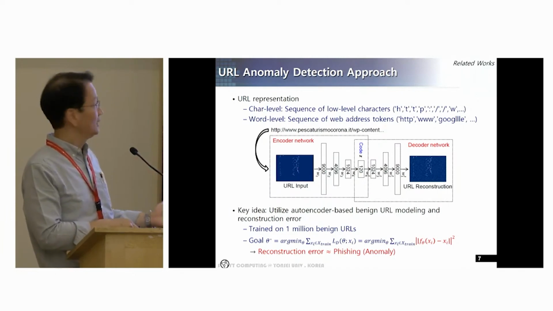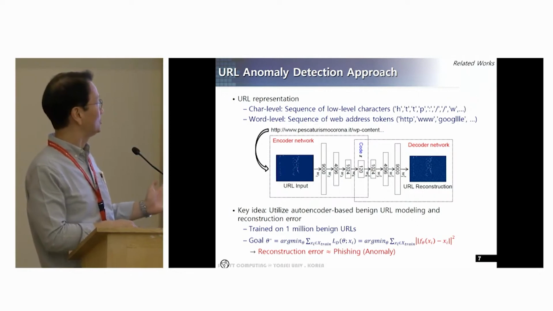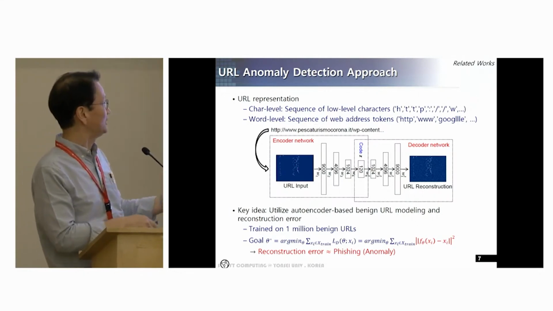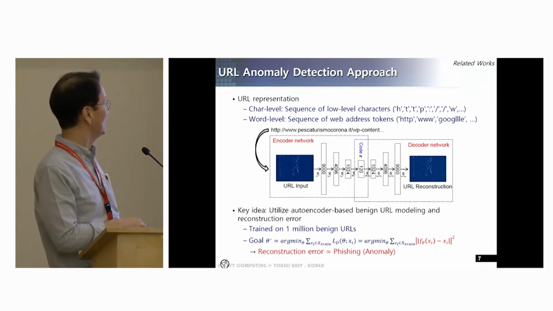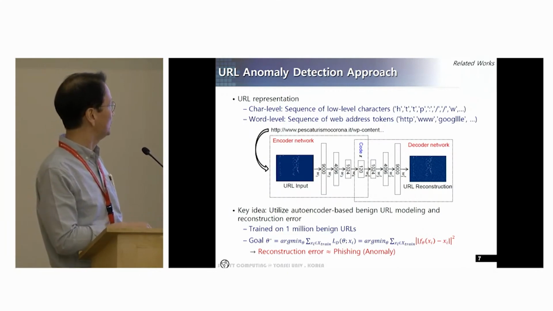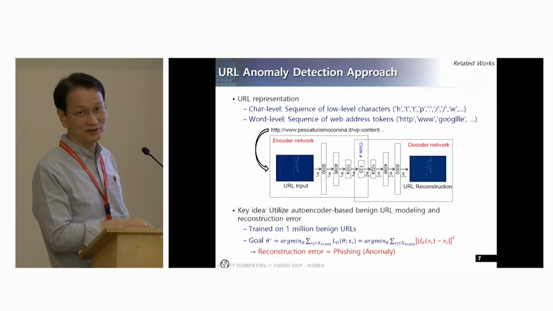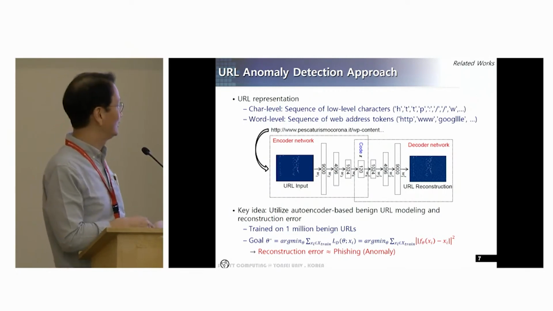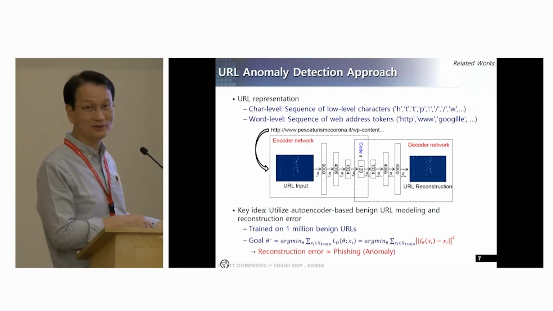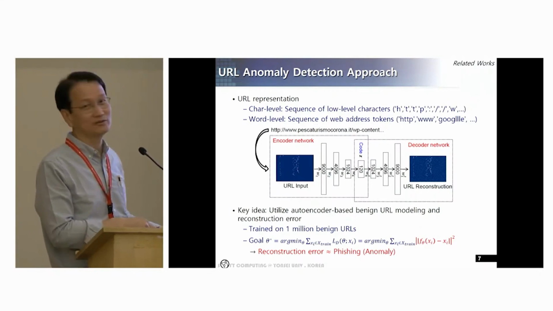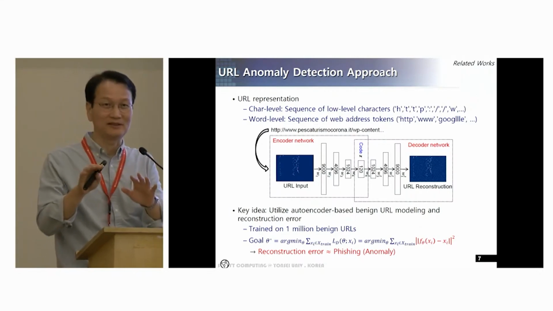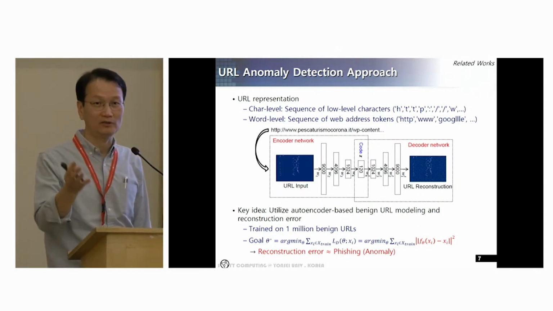Basically, the architecture is an autoencoder, with an encoder and a decoder. By training this autoencoder, normal URLs can be easily reconstructed. However, abnormal URLs cannot be easily reconstructed. That kind of difference is the key point to detect whether the current URL is